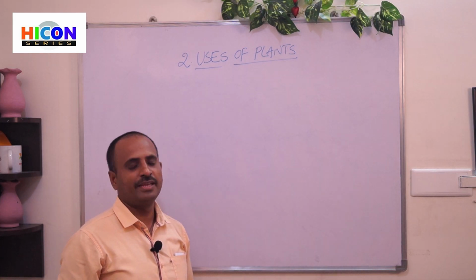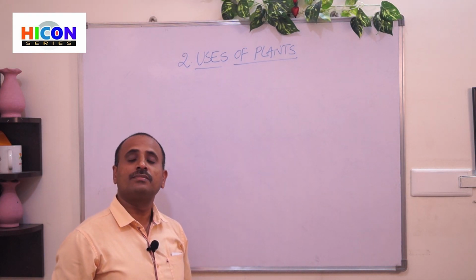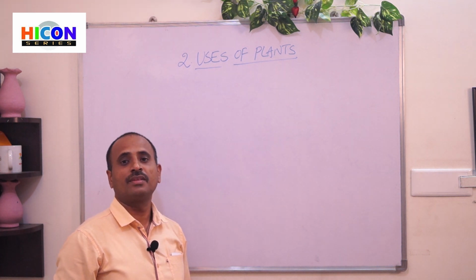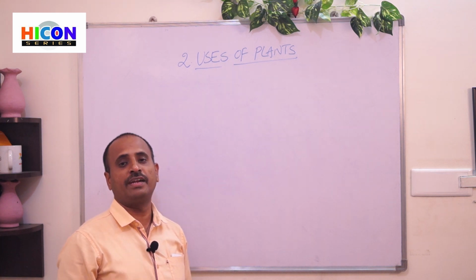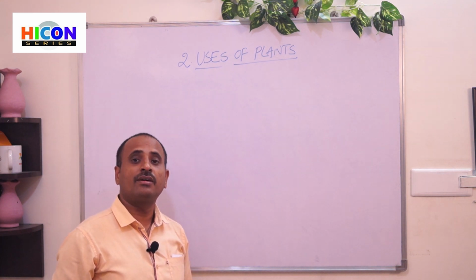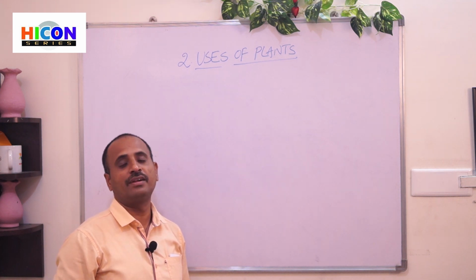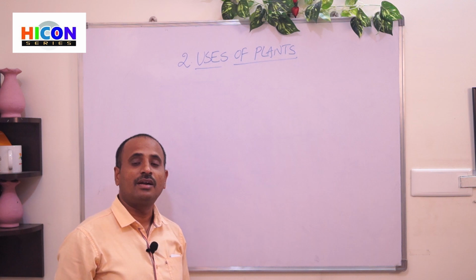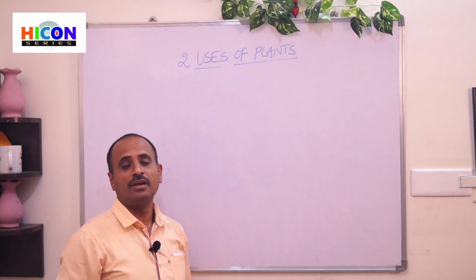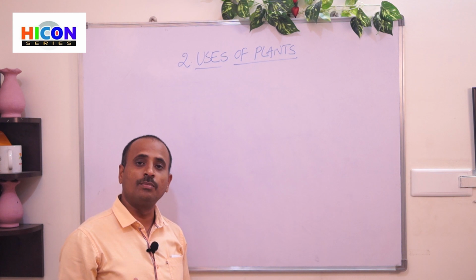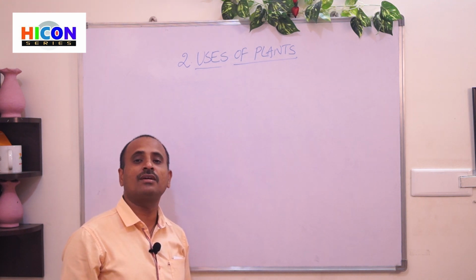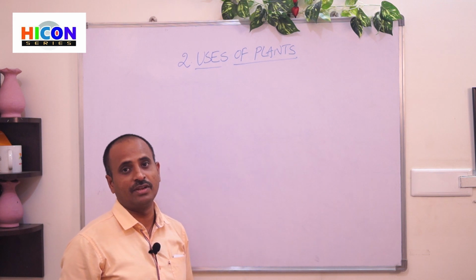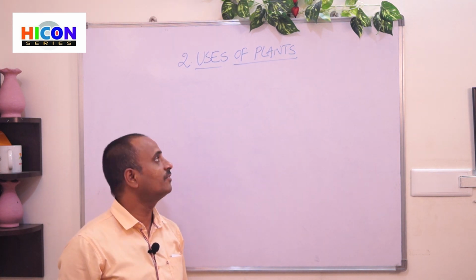So hi children, good morning. In the previous episodes, we have discussed the first chapter, and in that first chapter, we have learned about different types of plants. That is, what are trees and what are the examples for trees, and what are shrubs and what are the examples for shrubs, and what are herbs and what are the examples for herbs. And herbs are again divided into two types, that are climbers and creepers. What are climbers and what are creepers? What are the differences between climbers and creepers? We have discussed it in the first chapter.